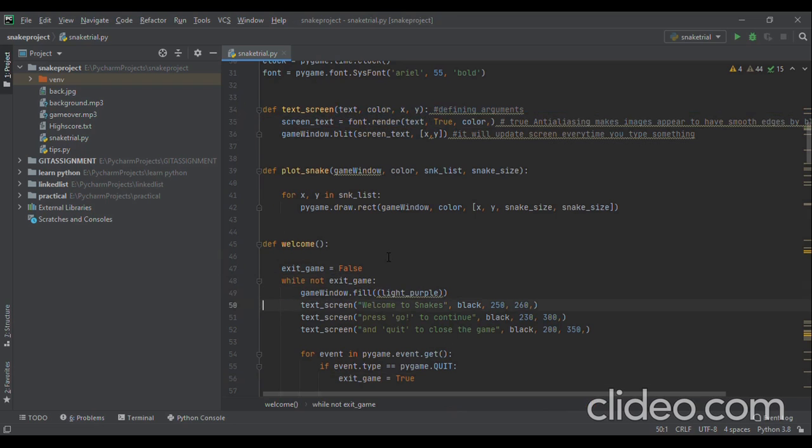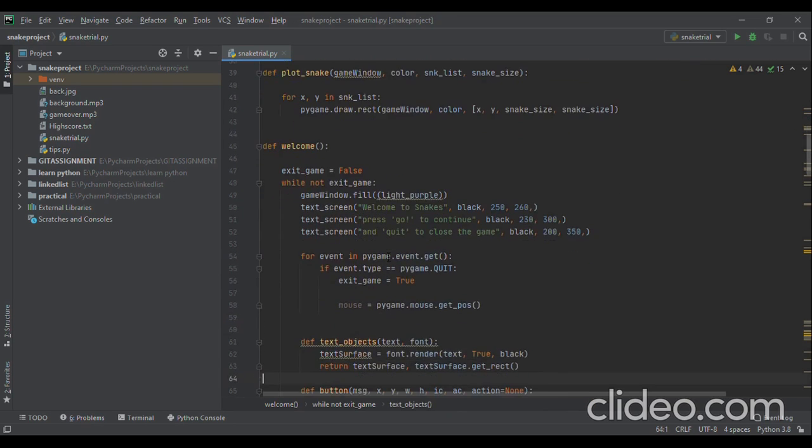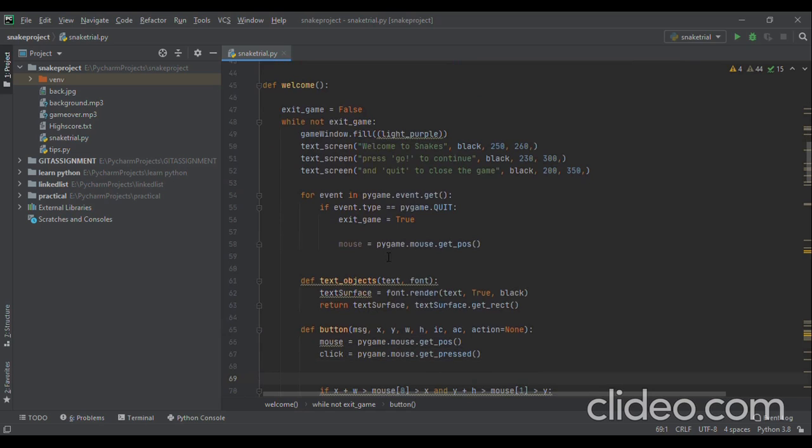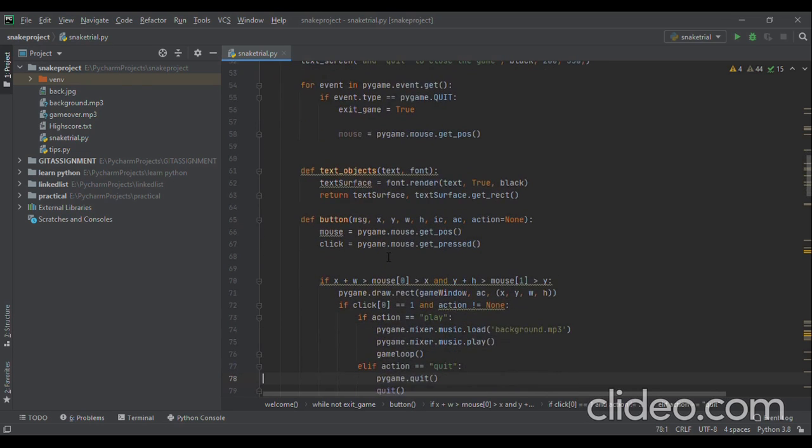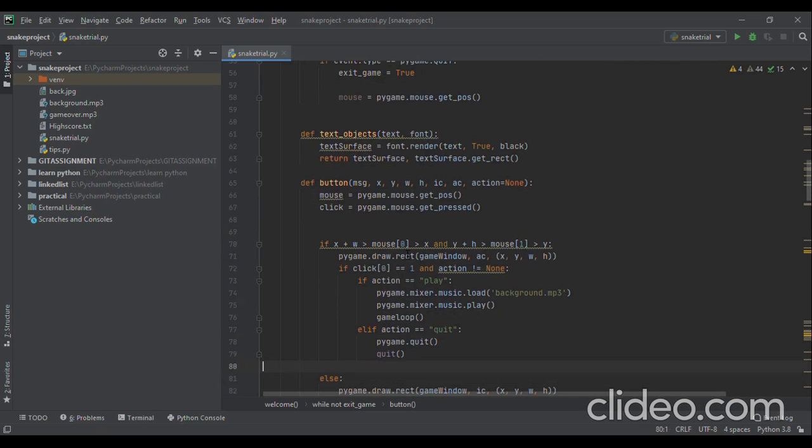Then we have defined welcome. This loop is for exiting the game. When will our game exit? Our game will exit when the snake accidentally touches its own body, or it touches the boundary of the screen. And here I have described the two buttons. These buttons are for starting the game and quitting the game. Here we have the functionality of that,